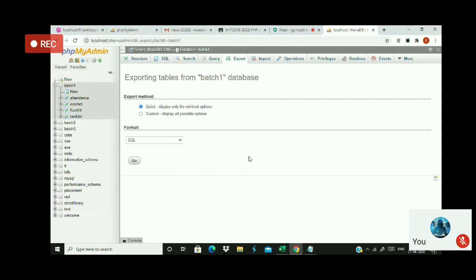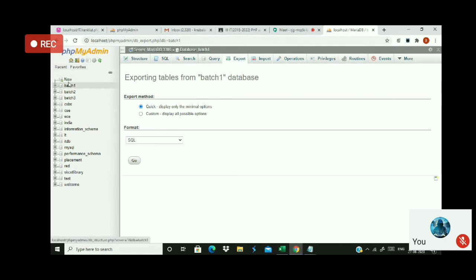Now listen carefully. Now you are going to your office and you have to back up the database. Whatever I have in my batch 1 data should be copied into the Office database. Imagine your Office system is like this. You will be installing MySQL server there also, but the data will not exist at that time.